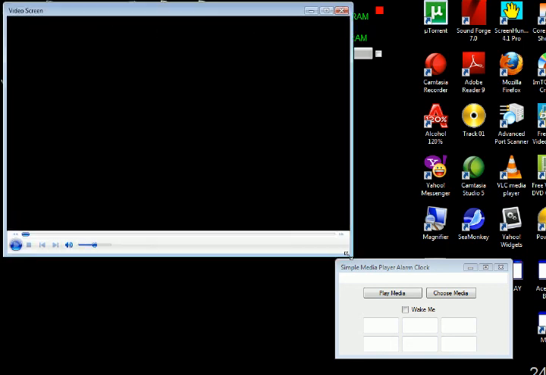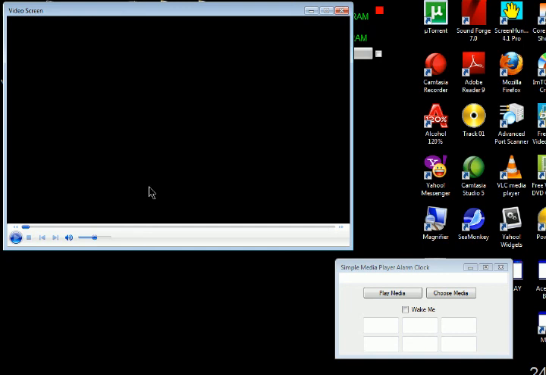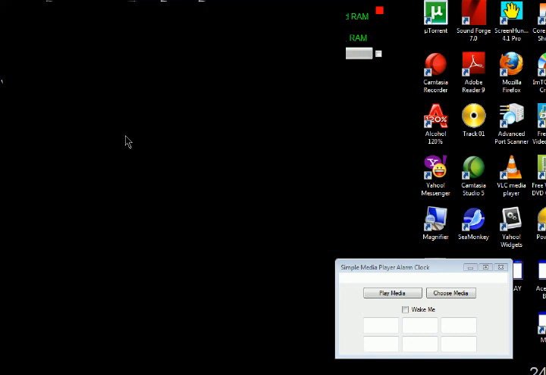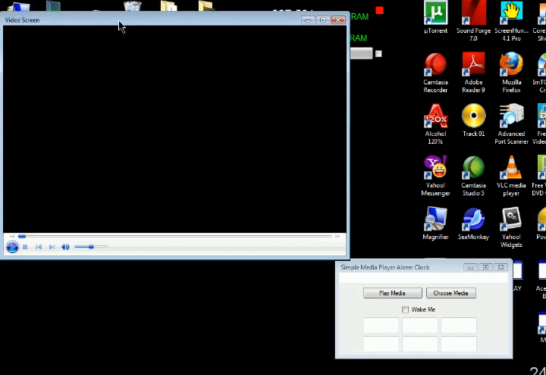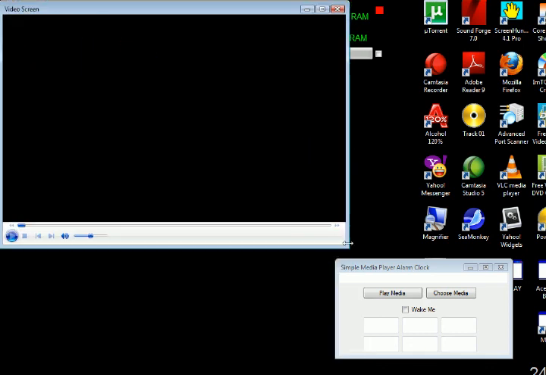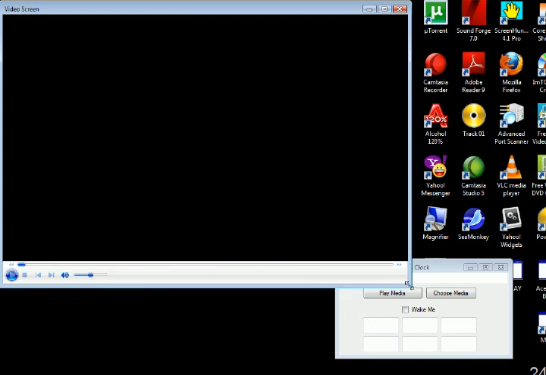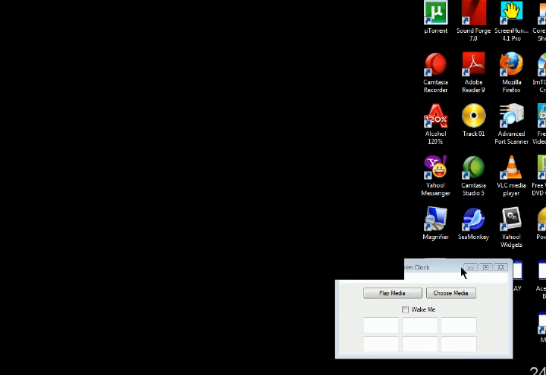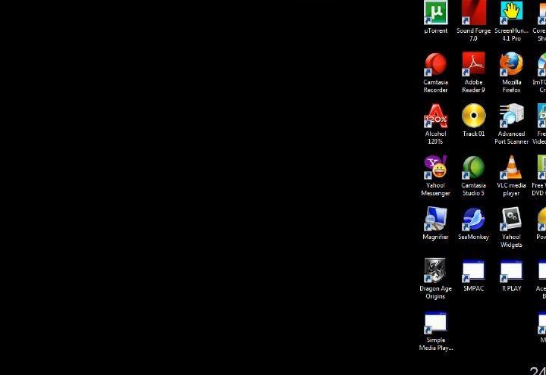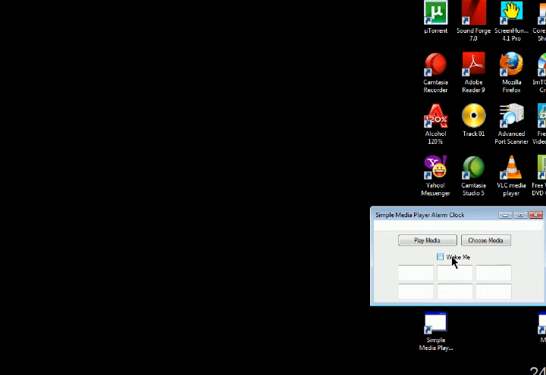So if I make it bigger like that, and if I click on the media player, watch this. See that? It just blends right into your desktop. Well, that's if you didn't have any icons and stuff like that there. Now, as you can see, you have a little private area there for your thing to do that, okay? So if I click on, okay, choose media.